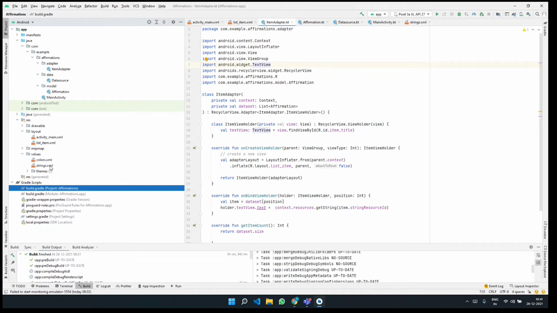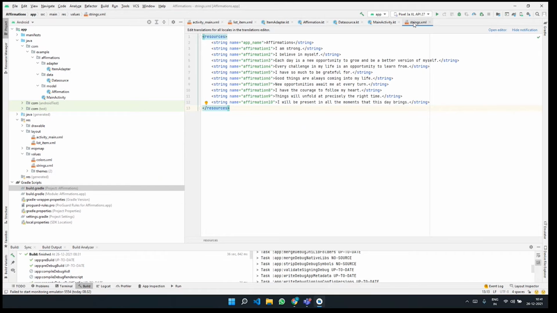In the strings.xml file, what we have done is we have given a name to each of the strings. We have many strings here and we are giving many affirmations here. There are 10 affirmations here. It can be I am strong, I believe in myself, and there are a lot of affirmations here. And the end goal is that we have to display a list of all these affirmations using the concepts that we studied till now.